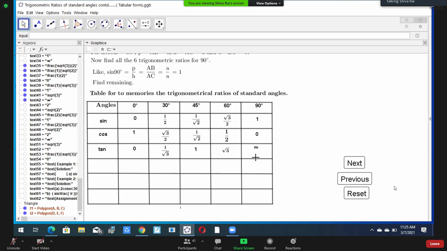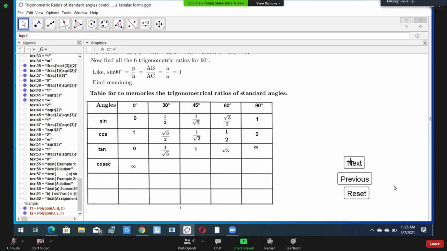For cot we can find from the quotient relation also. If we know sin and cos, we can find it from the quotient relation. If we know tan, from that we can find it from the reciprocal relation, because cot theta equal to 1 upon tan theta. You know that? From that also we can find out. We have options here. Anyway, let's complete this table.